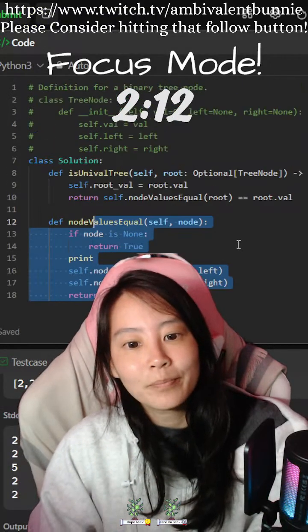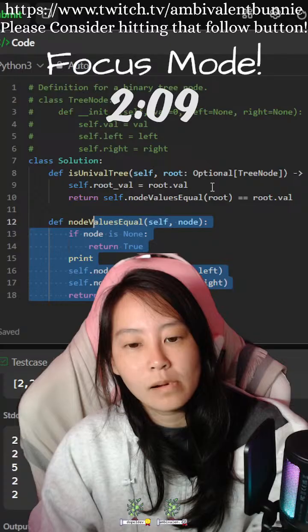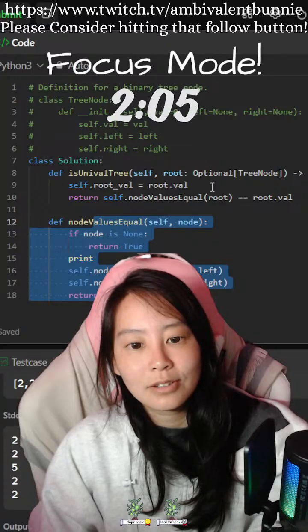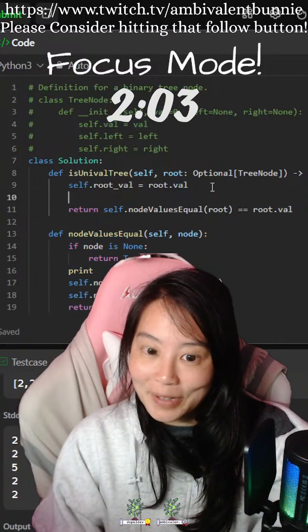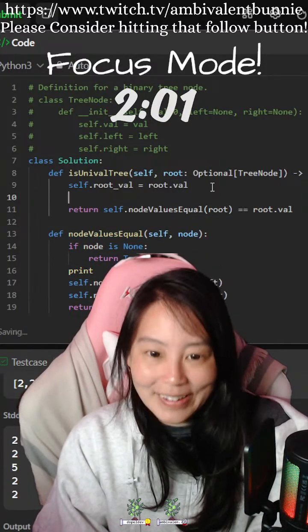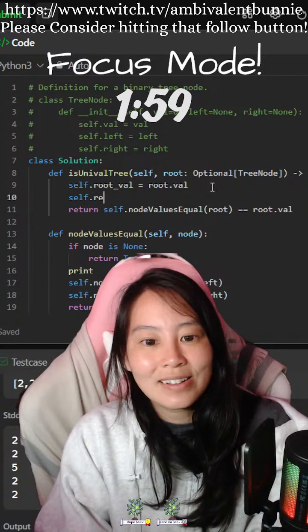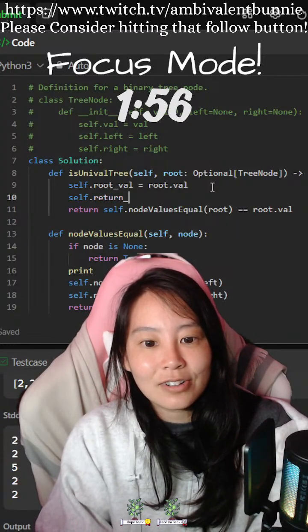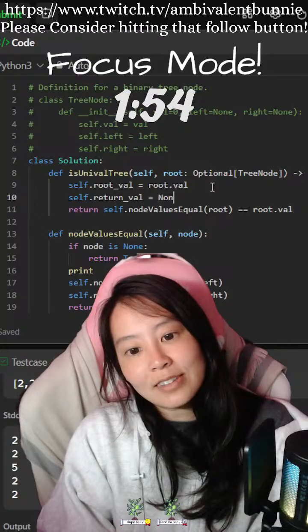Okay, you know what? I have a workaround, but I doubt it's proper. Self dot return val equals none.